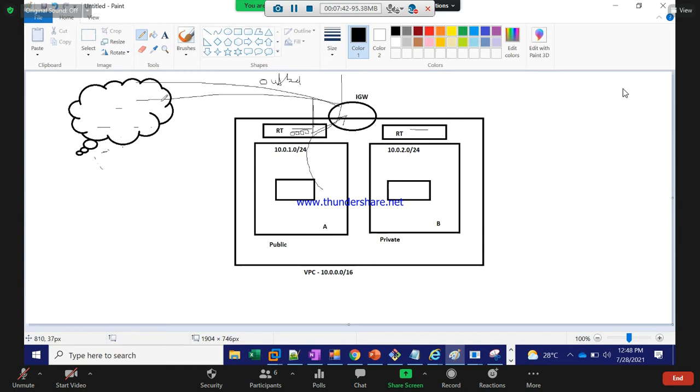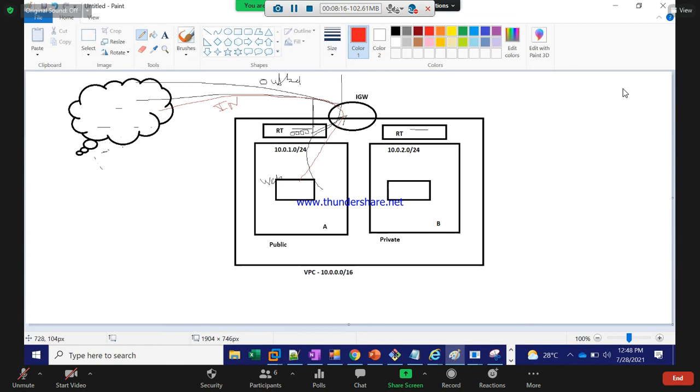Suppose this is a web server, you have hosted some URL here on the cloud, and someone from the internet wants to access that. It will come here and access it. This will be inbound traffic. But wait a minute, no one can go directly out and no one can come directly in to the instances.